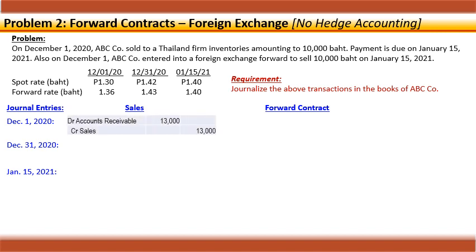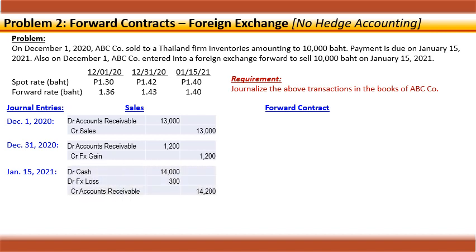So, ang entry mo as of December 1 is debit AR, credit sales based on the spot rate on the date of transaction. Then, you'll remeasure your receivable. Tataas yung receivable mo from 1.3 to 1.42. So, meron kang forex gain. Then, the settlement, yung ma-receive mo siya at 1.4 na spot rate. So, that's debit cash,